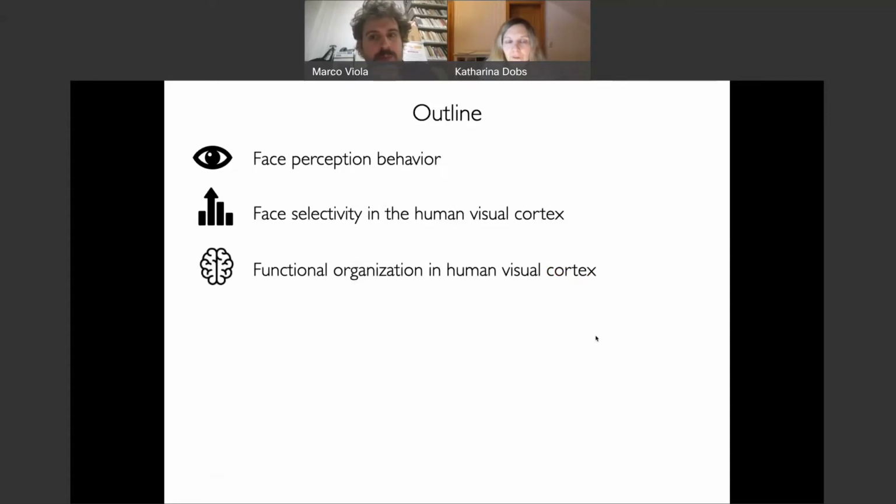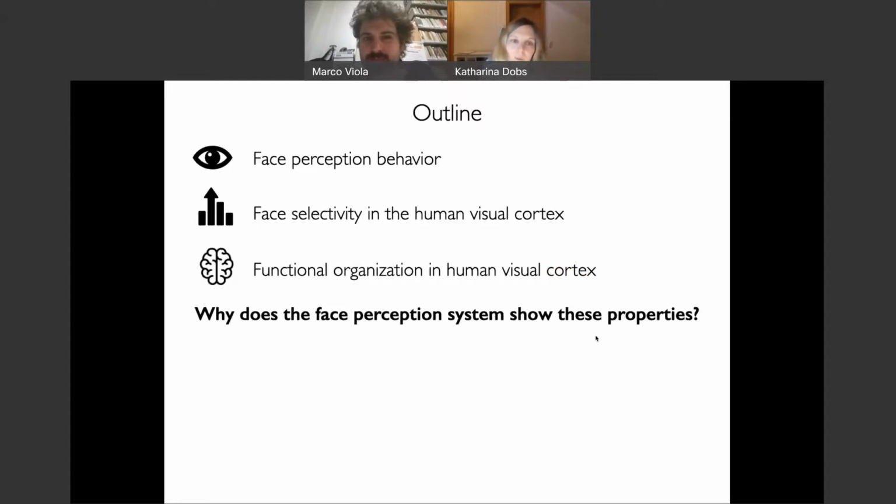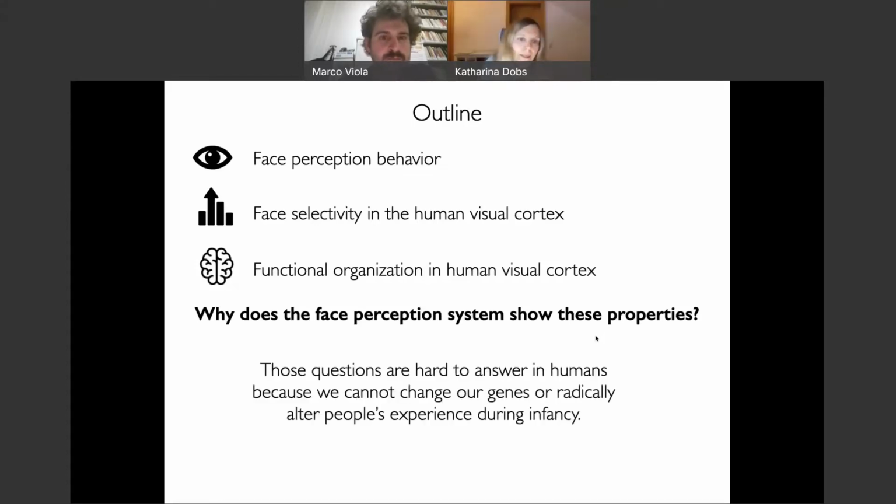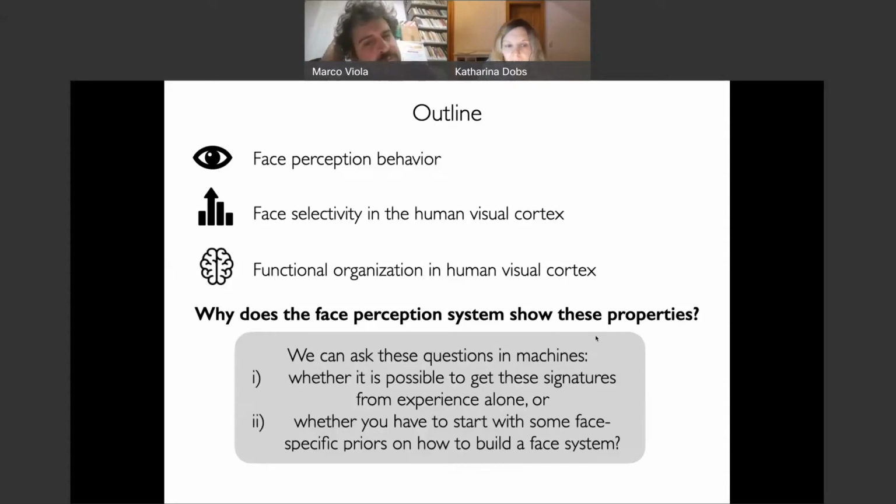Cool. So today I want to really go through these three classic signatures of face perception behavior, face selectivity in the human visual cortex, and the functional organization in the human visual cortex, and ask, why does the face perception system show these properties that we've known about for such a long time? Do you have to build something specific about faces into the system, or can all of this just arise from experience with faces without building in any specific prior on how to build a face system? Those questions are hard to answer in humans because we cannot change our genes or radically alter people's experience during infancy, right? So today I will argue that we can ask these questions in machines,